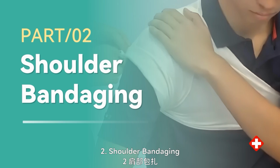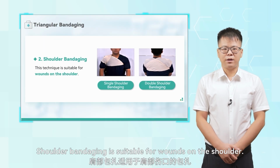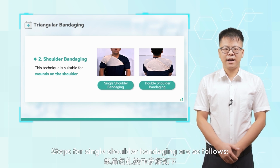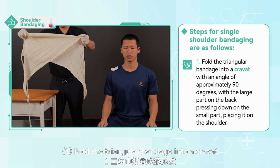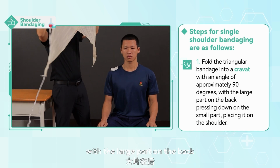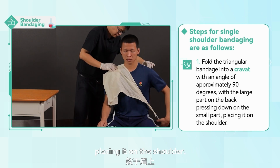2. Shoulder bandaging. Shoulder bandaging is suitable for wounds on the shoulder. Steps for single shoulder bandaging are as follows. 1. Fold the triangular bandage into a cravat with an angle of approximately 90 degrees, with the large part on the back pressing down on the small part,